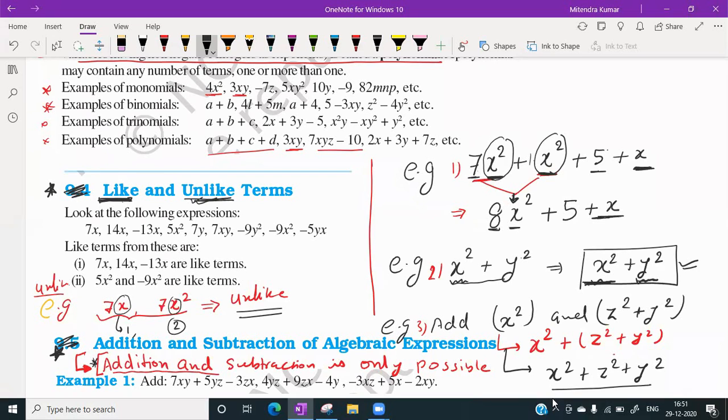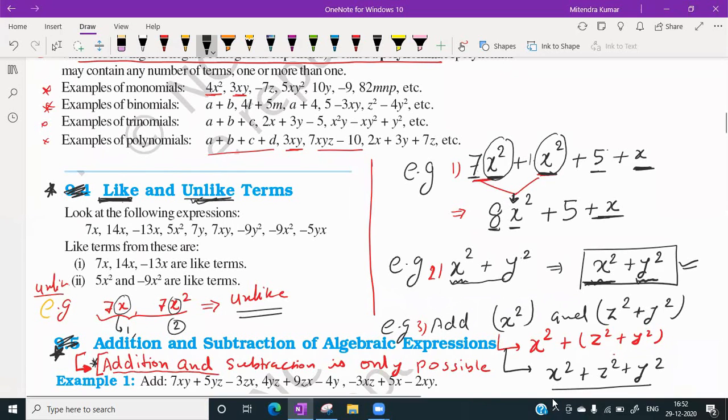Understood? So further simplification is possible between like terms only in addition and subtraction. जब आप एडिशन एंड सब्ट्रैक्शन कर रहे हो तो वहां पे लाइक टर्म्स को फर्दर सिंप्लीफाई किया जा सकता है। अनलाइक टर्म्स को हम लोग एज इट इज रहने देंगे और वही आंसर होगा आपका। ठीक है,